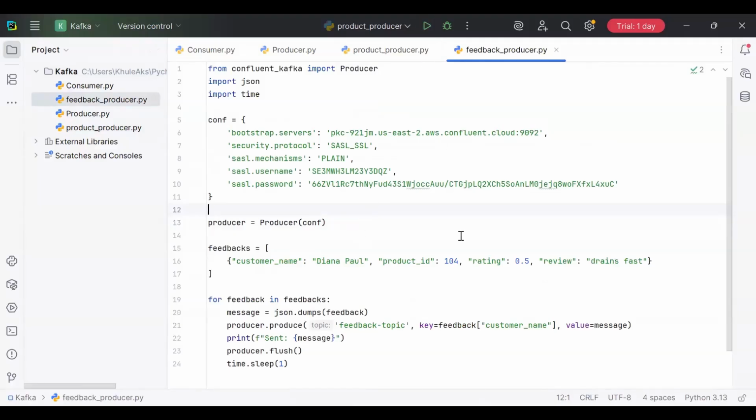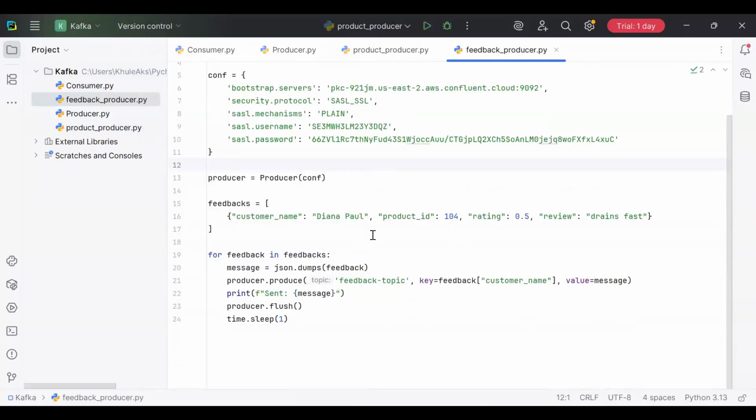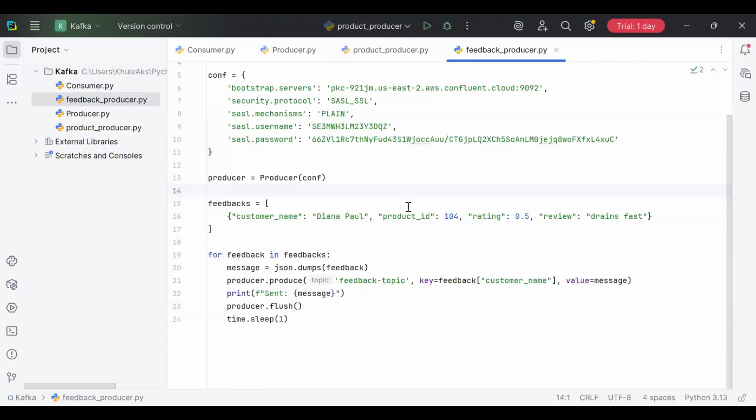Let me take some more data to put over here. Or even maybe fine, we can go with the current data set itself, right? It's fine. With the current data set, maybe at least we can see the data properly. Okay, not an issue. So see, as you see on my screen, my IDE, I have feedback producer and